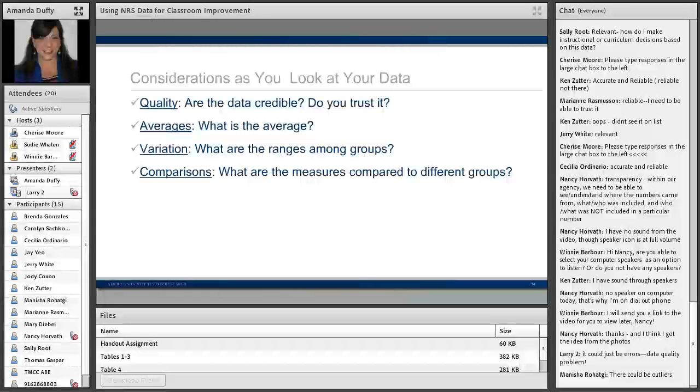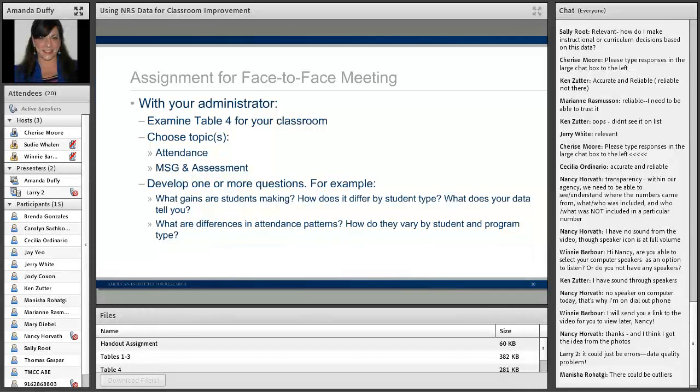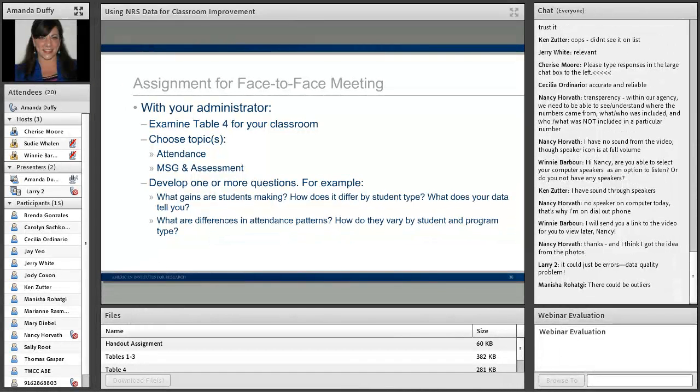Okay, so what happens next? Some of you, if not all of you, will be attending the state directors meeting in March. And so what we'd like you to do is to, with your administrator or with another teacher, take a look at Table 4 for your classroom